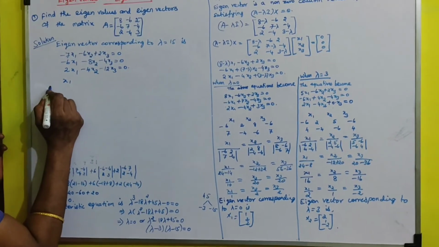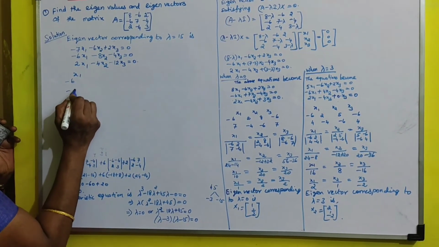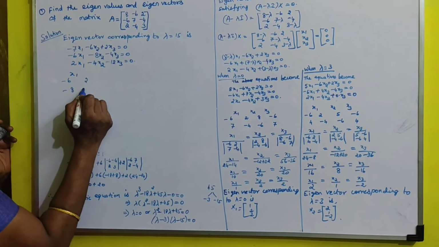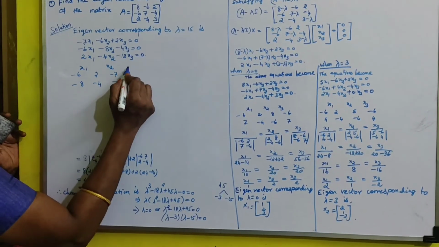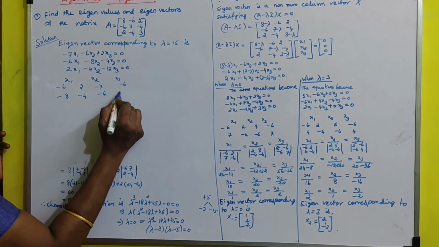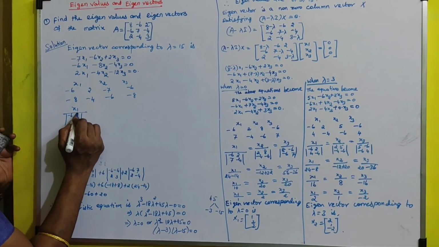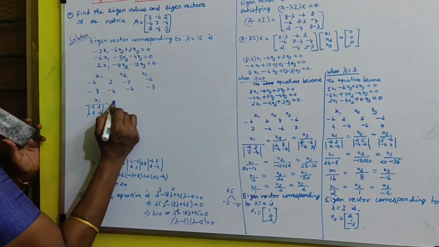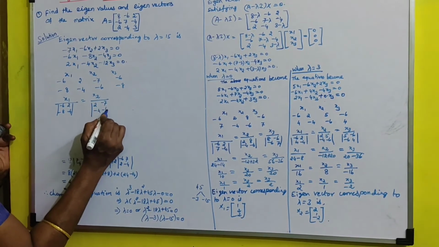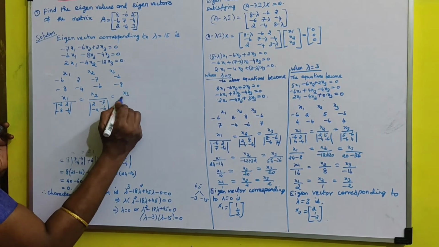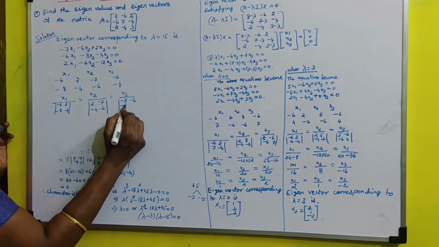Now by the cross multiplication method, let us take the first two equations: minus 6, minus 8. Next 2, minus 4. Again minus 7, minus 6, and for x3 minus 6, minus 8. x1 divided by the determinant of minus 6, 2, minus 8, minus 4. For x2, the determinant of 2, minus 7, minus 4, minus 6. x3 divided by the determinant of minus 6, minus 7, minus 6, minus 6, minus 8.